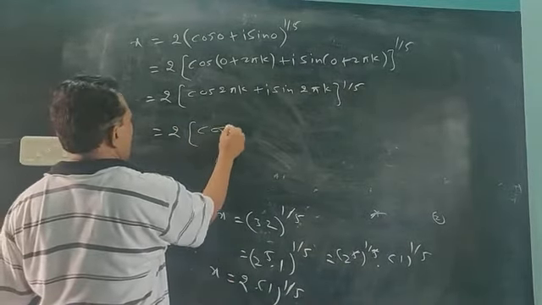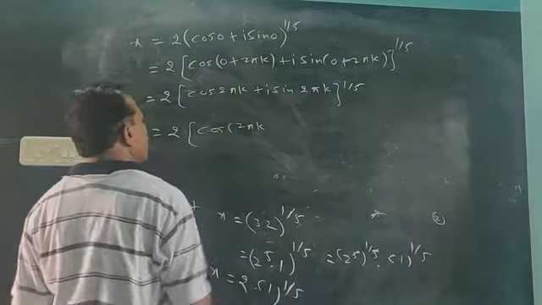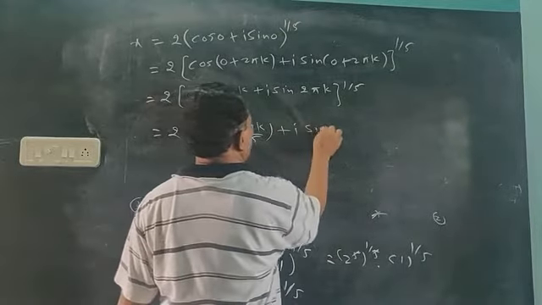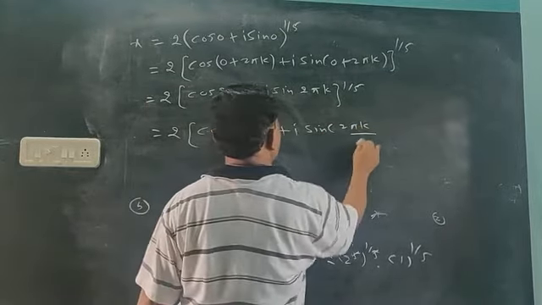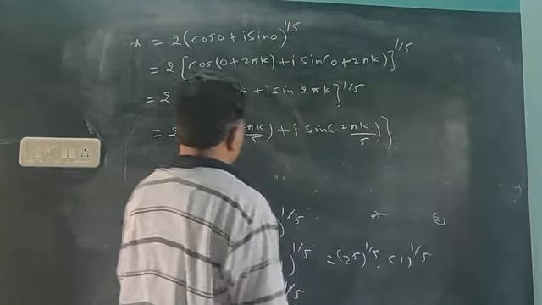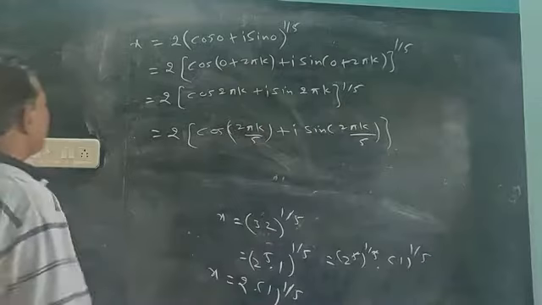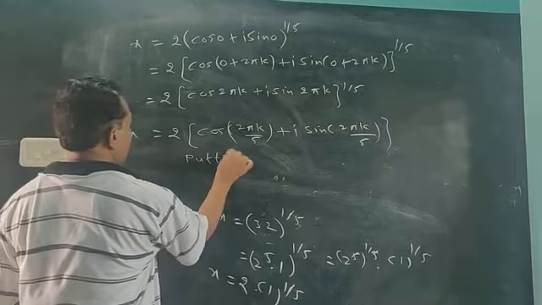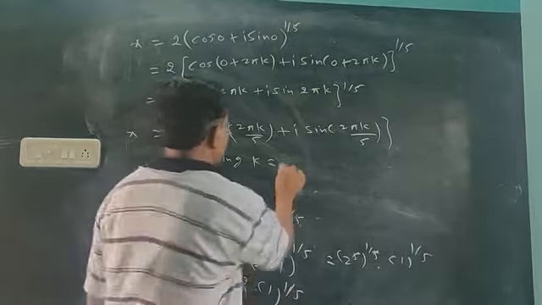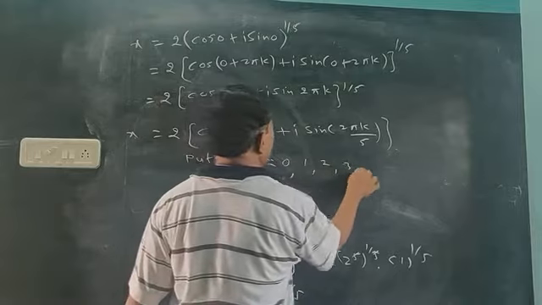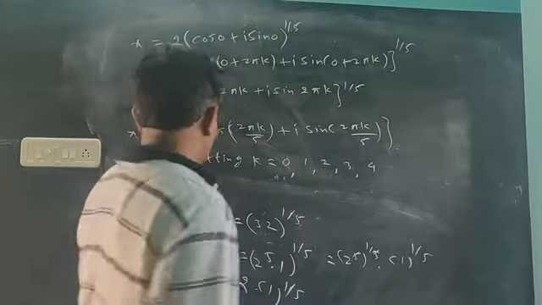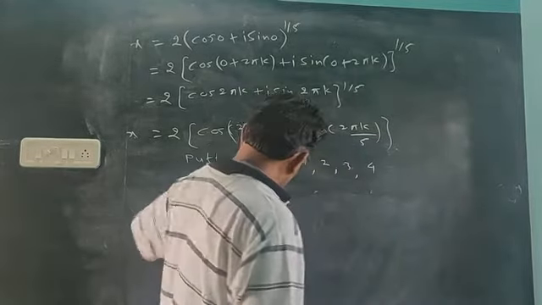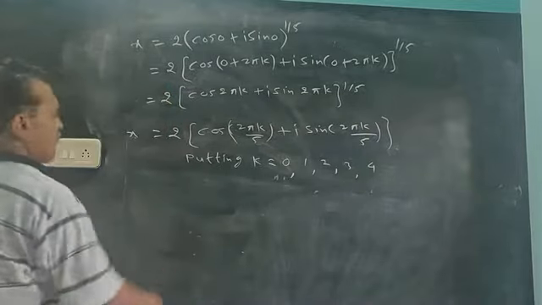So cos of 2 pi k into 1 by 5, that is 2 pi k upon 5, plus I sin 2 pi k upon 5. Okay, this is the key. I want 5 values here, starting from 0, always running from 0 onward: 0, 1, 2, 3 and 4. I want 5 values, so up to 4 because we start from 0; if starting from 1, then up to 5. So put them one by one here.